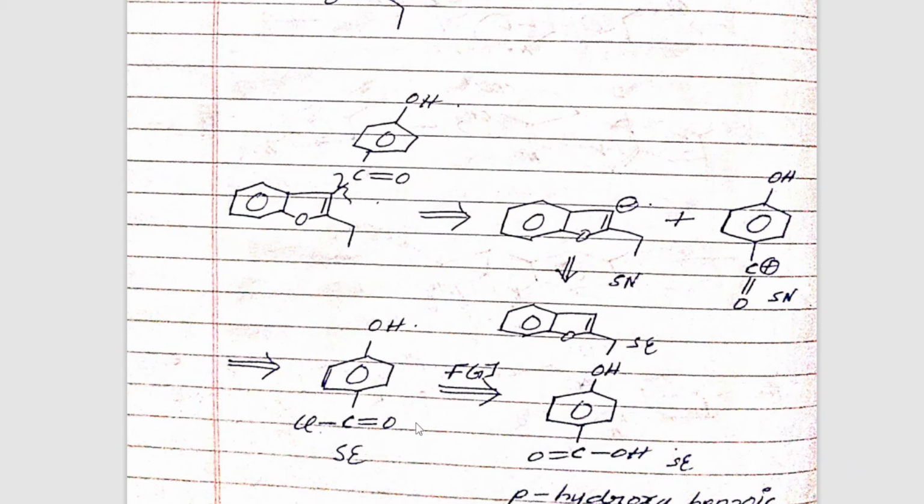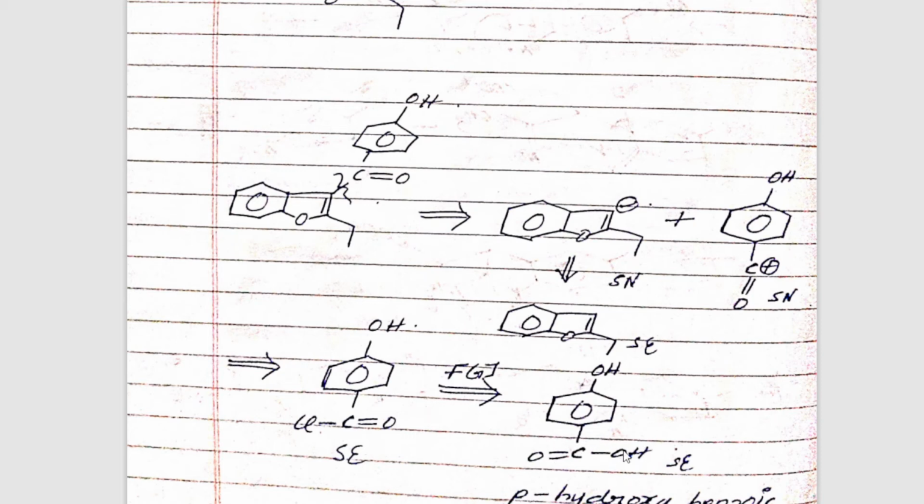For that you will go to the simplest reagent that is available in labs, that we usually use in organic reactions. Such reagents only you prefer, not something that is a little rare. So this chlorobenzoic acid is not very common, but para hydroxy benzoic acid is very commonly available, correct, in different reactions. So we are converting this Cl group into OH, that's why we are writing FGI.